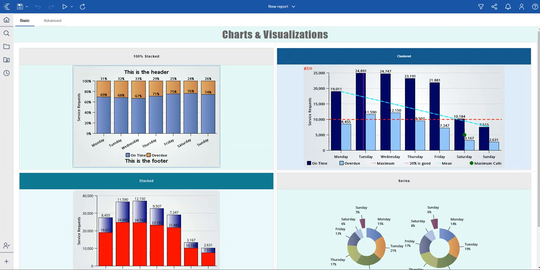It stays pretty much the same for the rest of the week, with on-time status making up more than 60% of all the service requests.